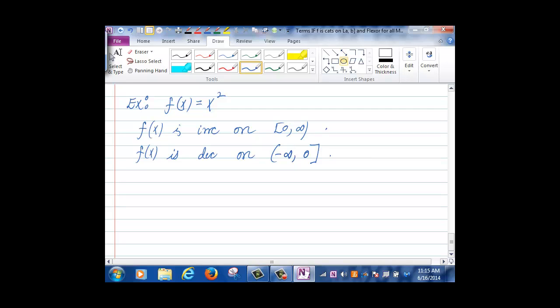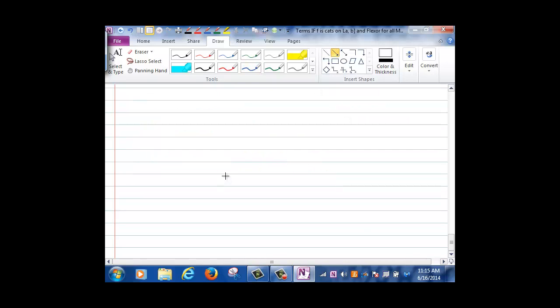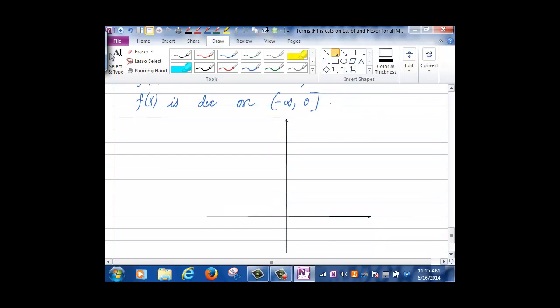It doesn't include zero, does it? It does. Let me give you the graph. The graph of the parabola, remember, is slope zero. Yeah, but let me explain to you why I'm including 0, okay? So here's the graph of the parabola, and